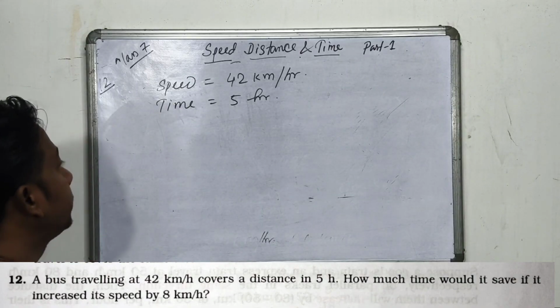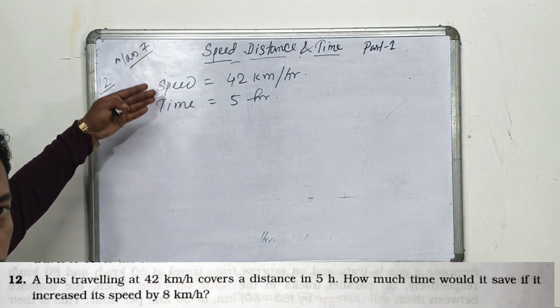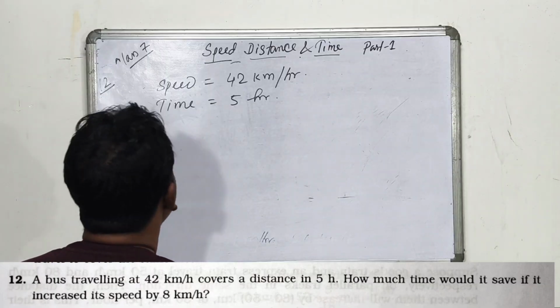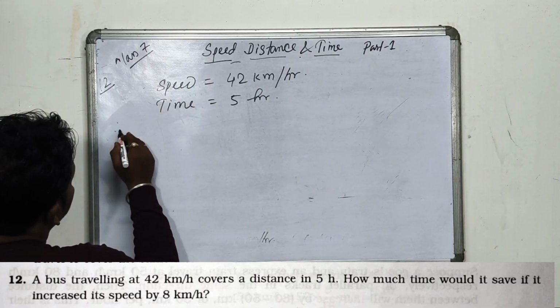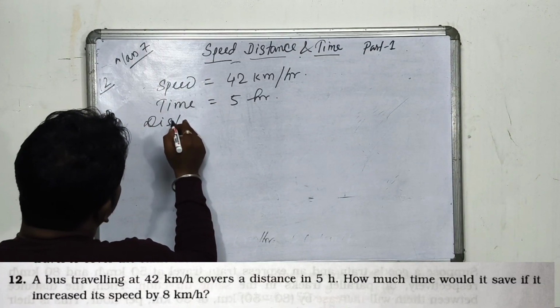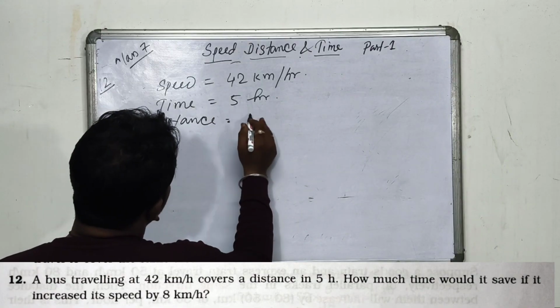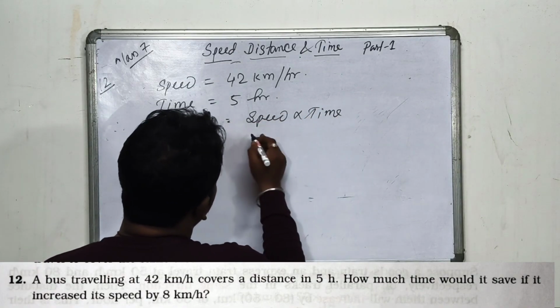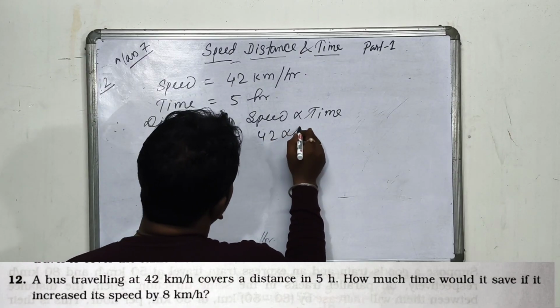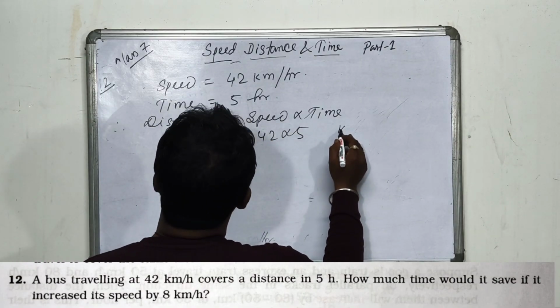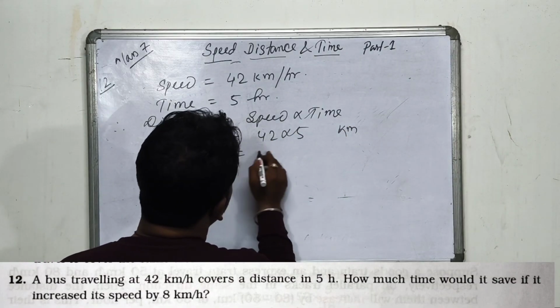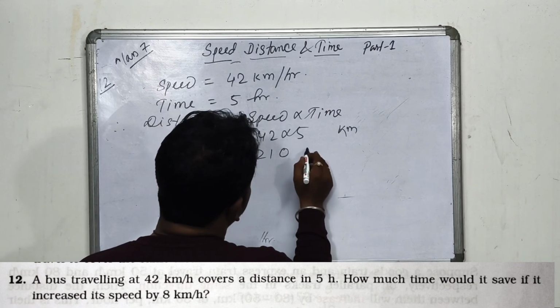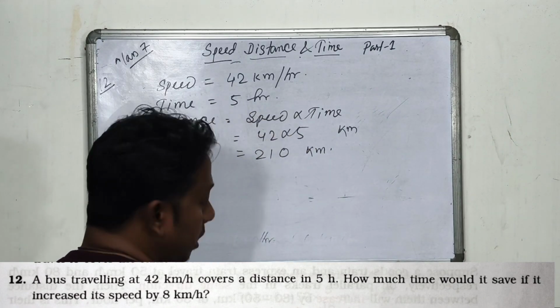What will be the total distance? Now we know the speed and we know the time, so it is very easy to find the distance. Therefore distance equals speed into time, that is 42 into 5 kilometers, 210 kilometers. Now the question is asking